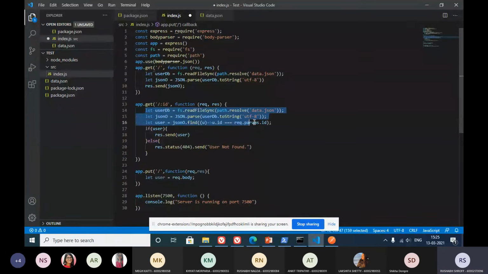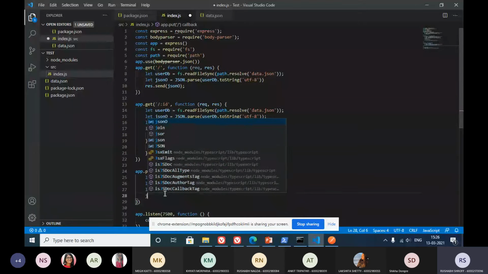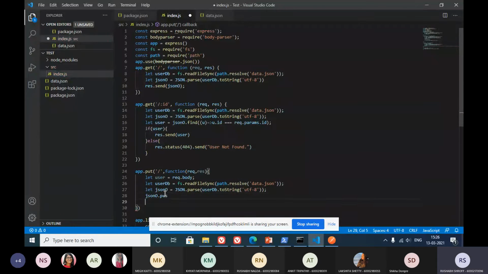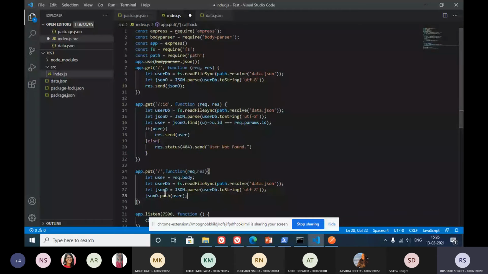Next, let's just copy this thing. Since this is an array, we can use the push method, that is to add a new object into an array. So array dot push, and then put user inside it, and then now we've added this user into this array, which is right now inside our memory, but hasn't been written onto the file yet.